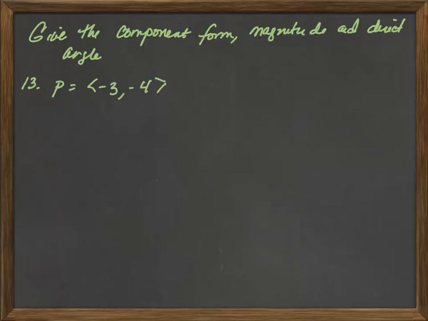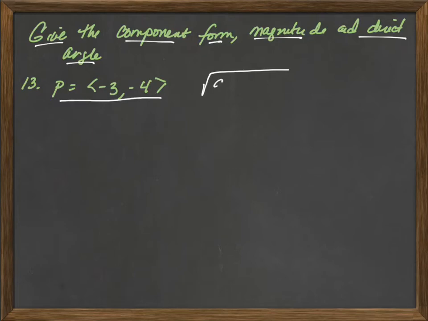Numbers 13 through, I guess, 20 ask you to do the same thing: give the component form, magnitude, and direction angle for the given vector. First off, number 13 is already in component form, so we don't need to do that. We have to do the magnitude, and remember in component form that's just the square root of each number squared, added together,